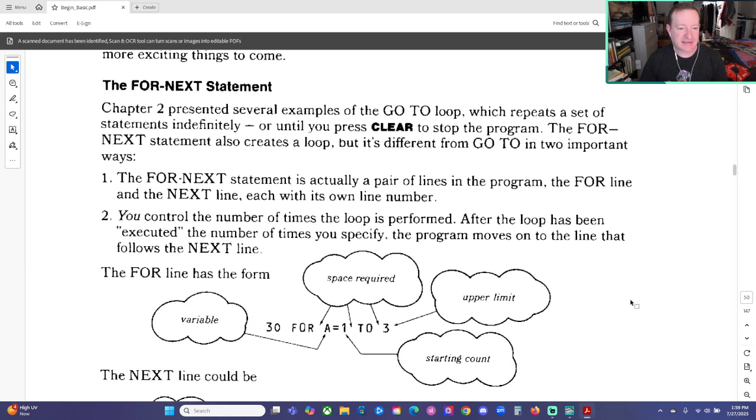The FOR-NEXT statement. Chapter 2 presented several examples of the GOTO loop, which repeats a set of statements indefinitely or until you press CLEAR to stop the program. The FOR-NEXT statement also creates a loop, but it's different from GOTO in two important ways. One, the FOR-NEXT statement is actually a pair of lines in the program, the FOR line and the NEXT line, each with its own line number. Two, you control the number of times the loop is performed. After the loop has been executed the number of times you specify, the program moves on to the line that